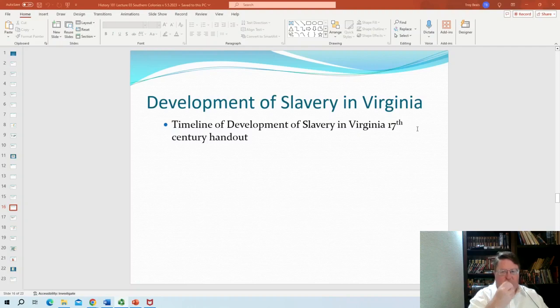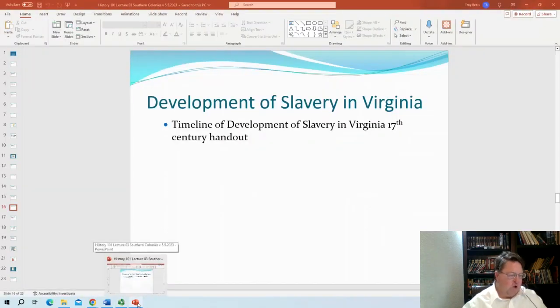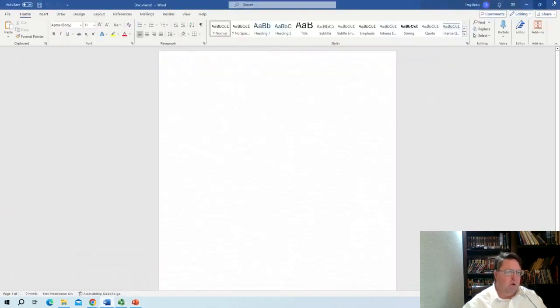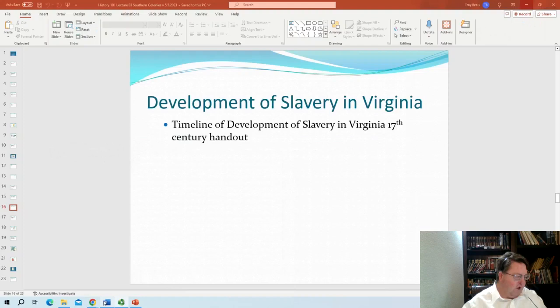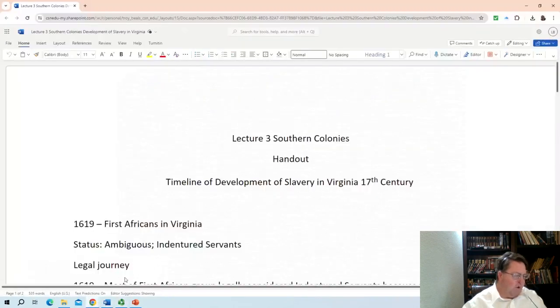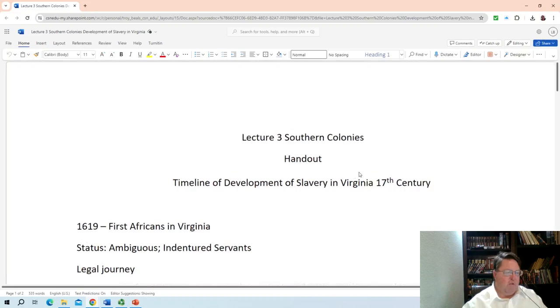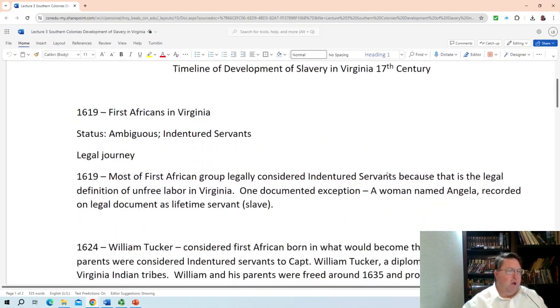What we're going to look at next is an in-depth discussion of the development of slavery in colonial Virginia, and we're going to use a handout. I have included the handout in the Canvas page that you'll find this lecture on, but I'm going to also go over it here if I can pull it up. There you go. Okay. So, Lecture 3 handout, timeline of development of slavery in Virginia. And so we start with